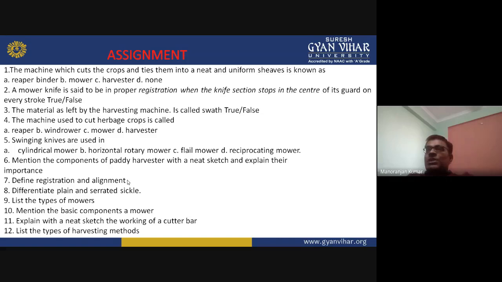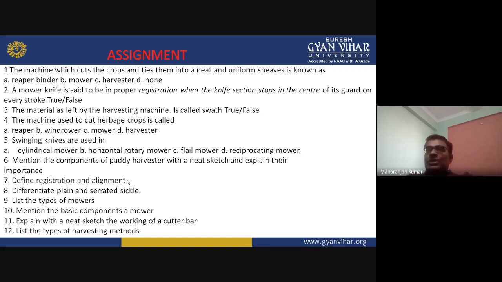The machine which is used to cut harvest crops is called reaper, windrower, mower, or harvester. Swinging knives are used in cylindrical mower, horizontal rotary mower, flail mower, reciprocating mower. Which one is the correct option?